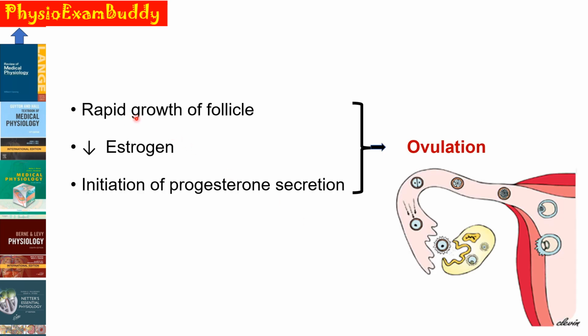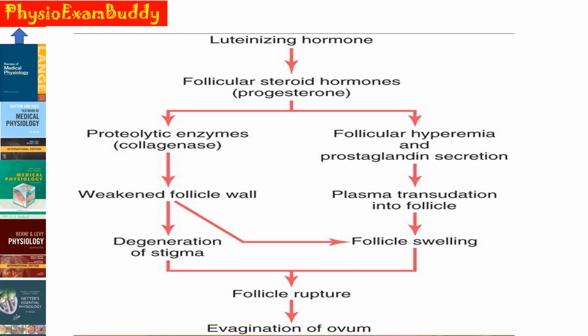So the rapid growth of the follicle in this phase, followed by a decrease in the estrogen and initiation of the progesterone secretion, all these three things will result in the expulsion of the secondary oocyte from the Graafian follicle, resulting in the ovulation. And this ovum will be picked up by the fimbriated end of the fallopian tube. So, luteinizing hormone usually causes an increase in the secretion of the progesterone, and the progesterone has certain effects on